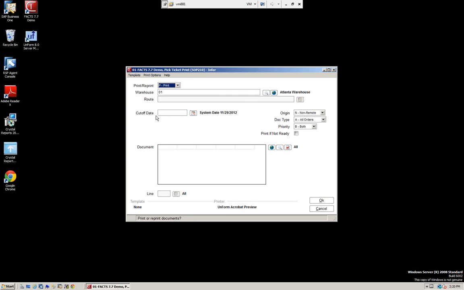Again, like you saw before, we can select our warehouse. We can put our cutoff date. We want to print at a certain time. We can look here if they were non-remote tickets, web, remote, or all of them, if we like. We can look at the document type. We want all orders. Maybe we just want open orders. A lot of times this is used for back orders. At the end of the day, we've sold. We have some back orders. We want to print all our back order receipts for the warehouse so we can place our orders and prepare